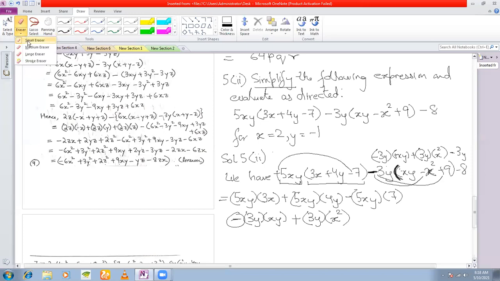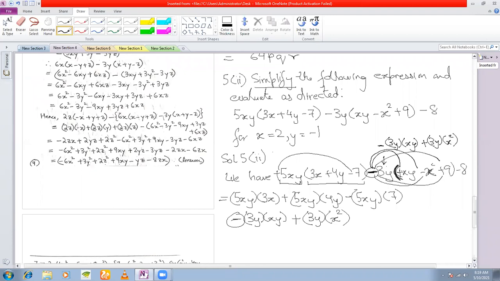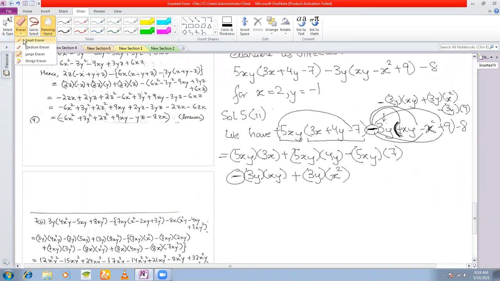Okay, let me just repeat this once again. You have a 3y here, you have a minus sign here, you have a plus sign here. First, this minus will combine with this plus to give you a minus sign, 3y into xy. Next, this minus sign will combine with this minus sign to give you a plus 3y into x square. And this minus sign will combine with this plus sign to give you a minus sign. So 3y into 9. Okay, you can think of it in this manner. Otherwise, as I was doing, you can also think in the manner of opening the brackets.